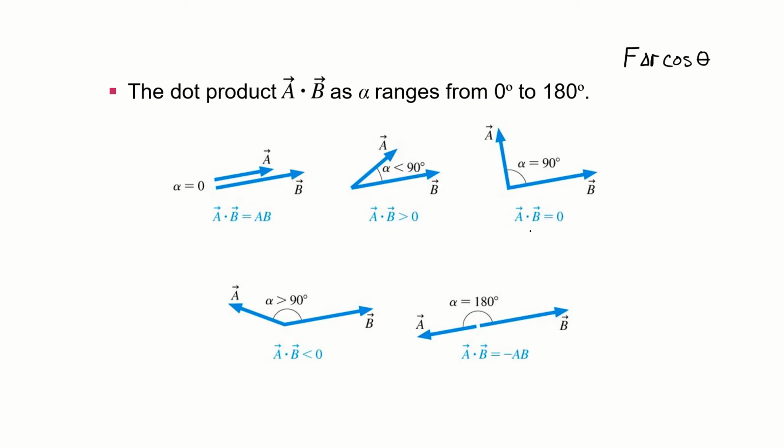And we got those same things. If A dot B, if A and B are perpendicular, we get 0, and if the angles are between 90 and 180, we get negative values. So again, nothing new here. We've just lifted up the hood and gone underneath into why we have this equation for the work done by a constant force. And it's because we calculate it from a dot product between the force and the displacement.